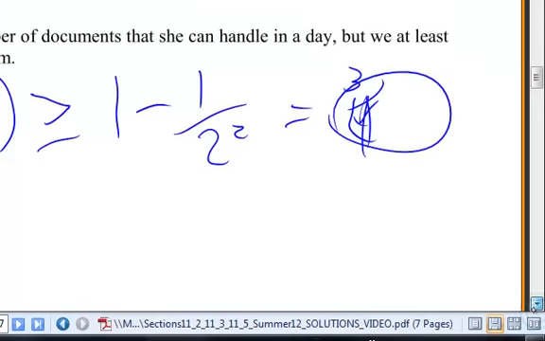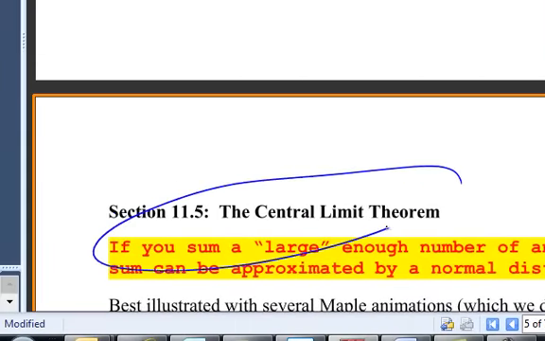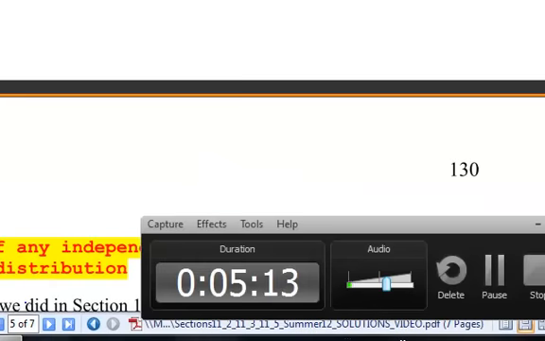I think that might be all I have. I can't see below, but 11.5 is big and heavy to get us into statistical applications, and it uses what we did in 11.2. But 11.3, I'm treating fairly lightly. If you don't know the distribution, we would always try hard to model that distribution and have enough data to put something to it. But it's good, it gives you an estimate. Okay, that's 11.3, maybe the shortest video ever.